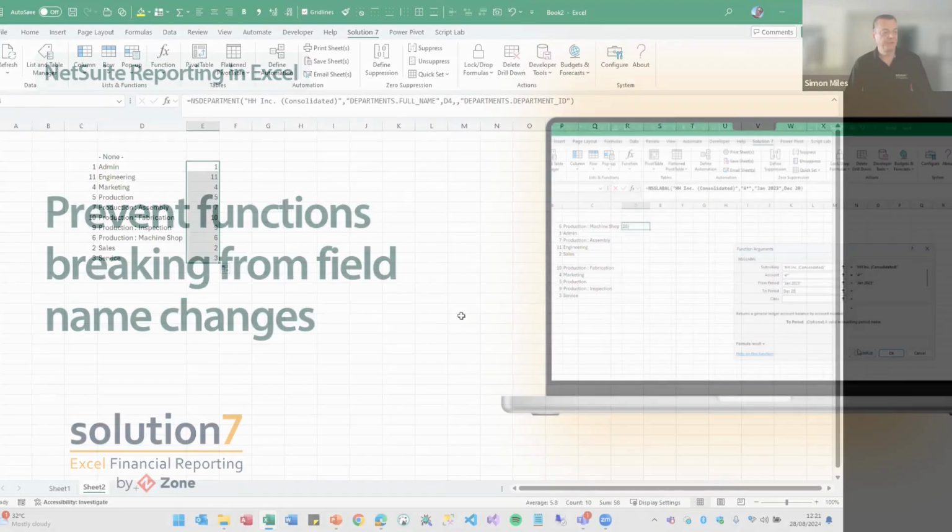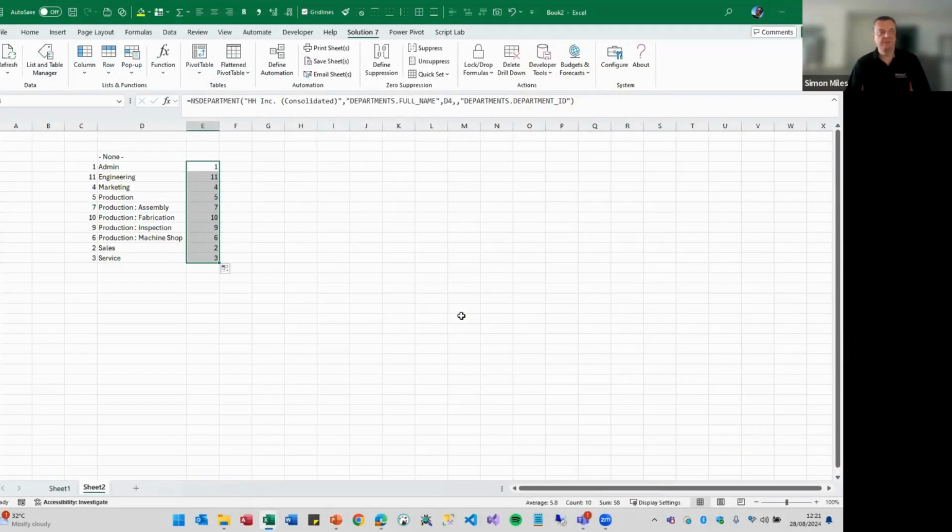How do we prevent some breaking when we change things like department code? It's an interesting question. We tried really hard within the software to hide the IDs, which means you're working with friendly names, department codes, location codes, and so on. The advantage of that is they're super easy to work with. The downside to that is that